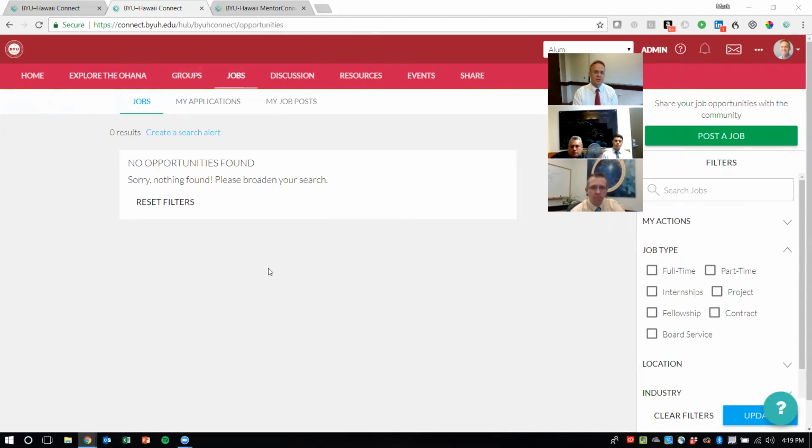The question here is about a job sharing board, a job sharing board like this that just allows you to either post jobs or apply for jobs. This is a choose-many. If you'd like to choose multiple of these options, choose all that apply. How would you use a jobs feature like this? Is this helpful to you? Again, it's not totally unique. There are other job boards out there, and this wouldn't be the one job board to rule them all by any means. But it would be a useful place for alumni to share jobs just with other alumni.